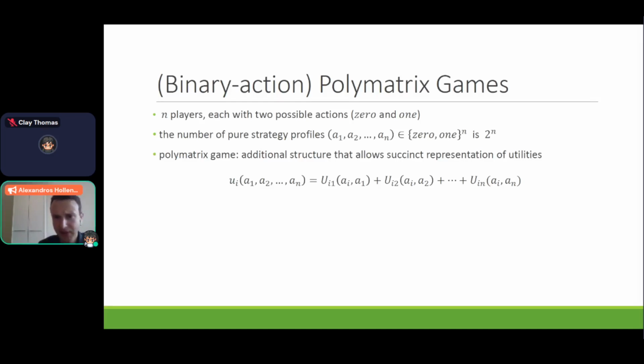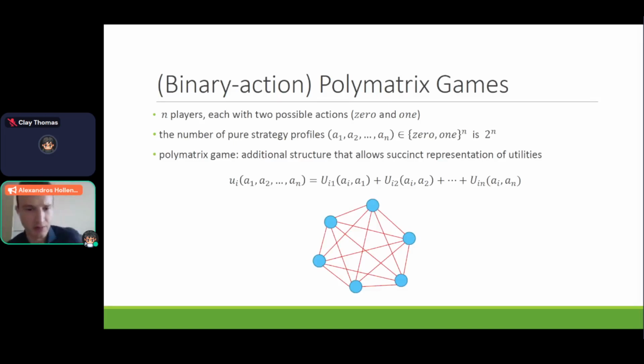So what is the general idea? Why are these games succinct? What is the additional structure that they have? Well, the utility that a player gets from a specific strategy profile only depends on one-to-one interactions with every other player individually, and then you get a payoff from each interaction separately, and you just sum them up. So in a certain sense, you can think of it as some kind of additively separable utilities, where every term in this sum depends on one single player.